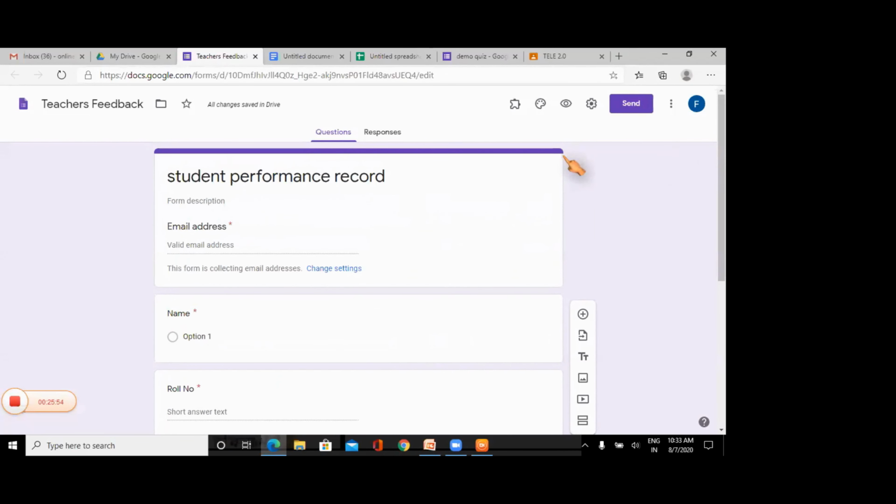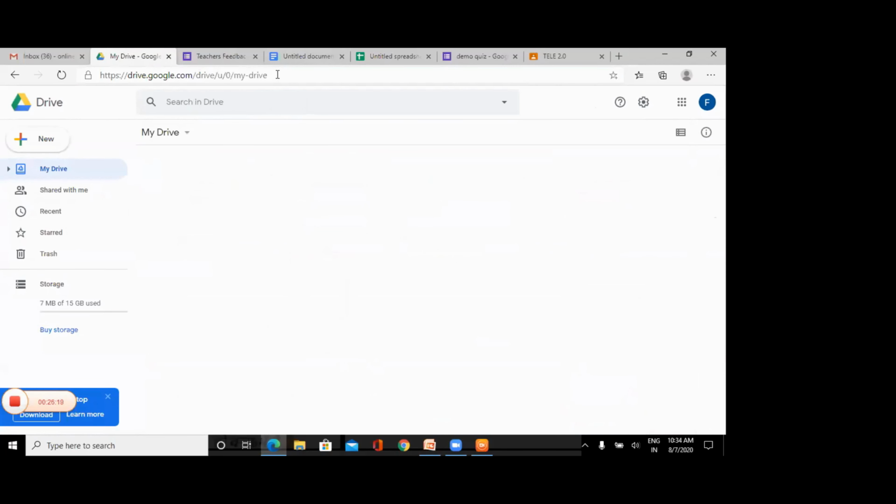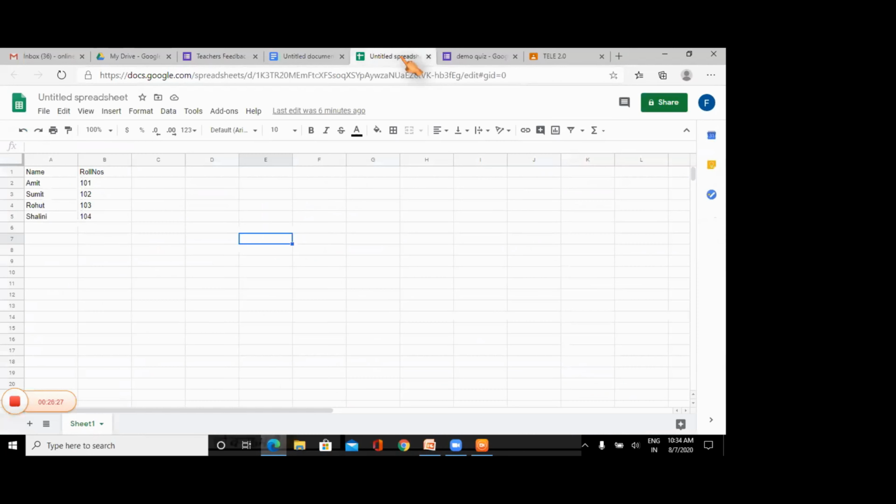So as of now, we did four things. First, we have created one folder in our Google Drive. Second thing, let me show you this student performance record I have created. I have created one Google Sheet. Let me show you. Let me refresh the page. This Google Sheet we have created.